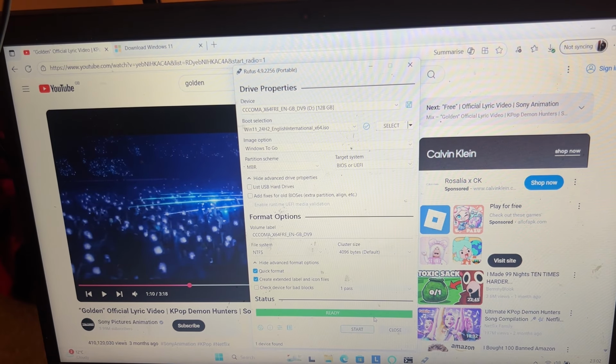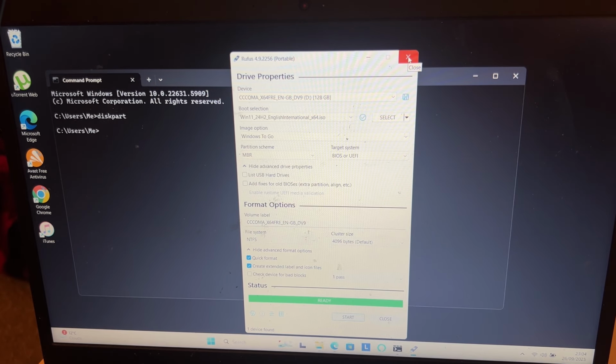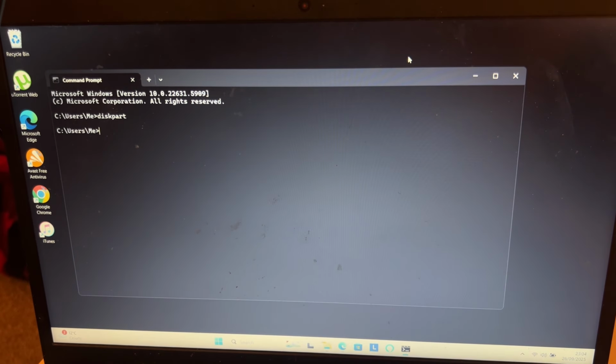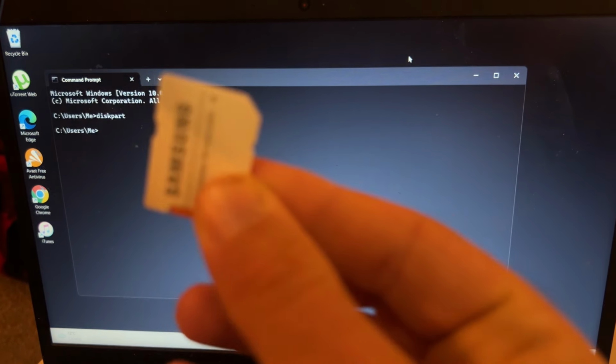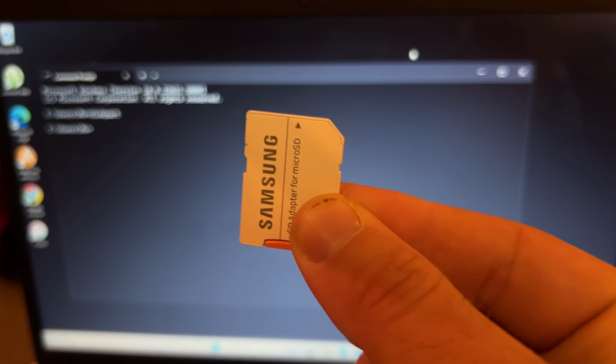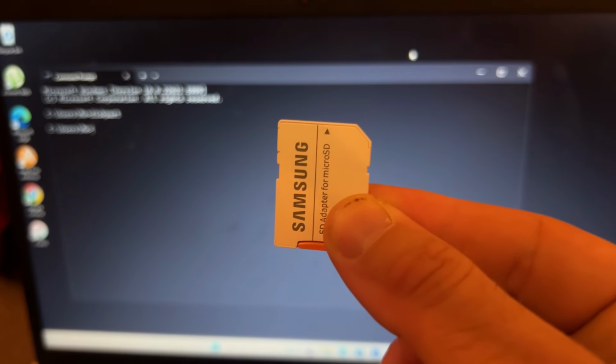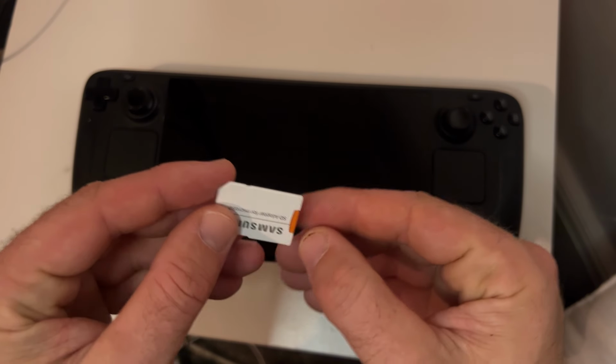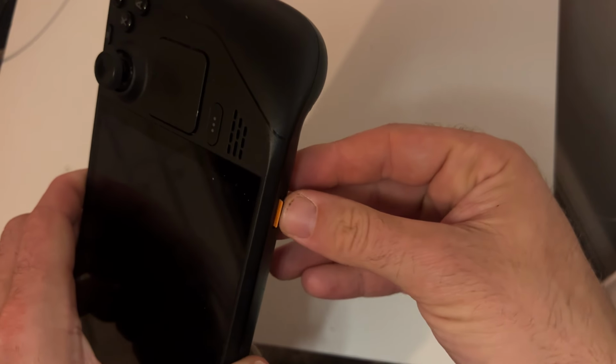So at this point, guys, you're going to hear the noise indicating that it's finished, and so now we're going to close this. We're going to remove our SD card that we've just completed, and I'll see you on the deck. So we're now going to take out our SD card. We're going to pop it in the bottom of the deck,